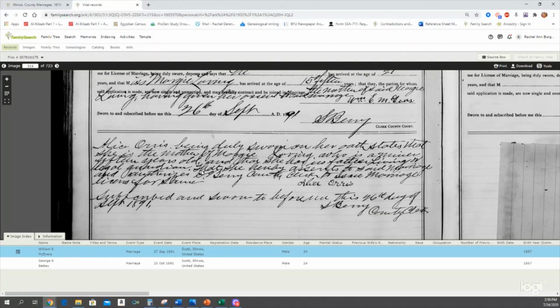And then you just get a little bit more information and she gives her consent. Looks like this was copied, or maybe the county clerk himself wrote this out and then she signed it, told him what to write. But this is great. And finding these original records is what digging into the catalog is all about. Because now we've got a lot of different leads, other places to look, a range for when her father might have passed away, and her mother's new married name.